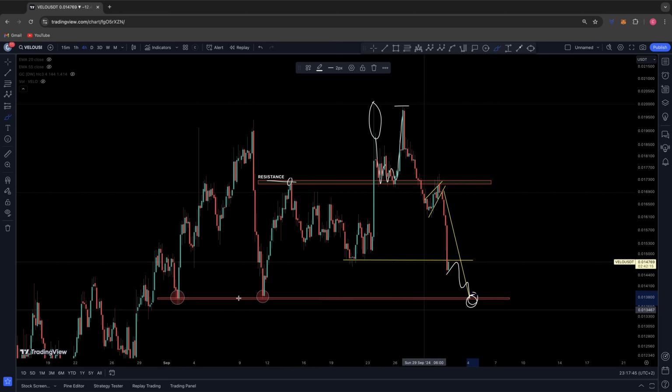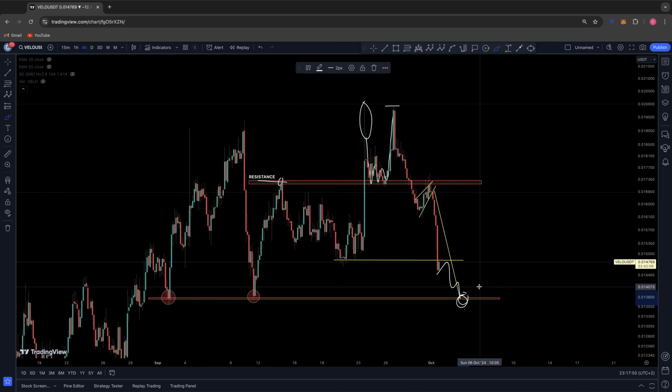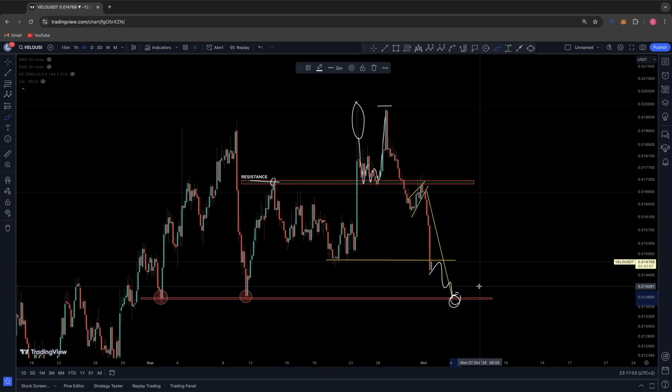Now I think we will see a strong level of relief at this point, and will that determine if the lows are in? I think we need to keep our eyes on Bitcoin at the same time, so I will do an update on Bitcoin tomorrow just to keep us all in the loop with that. But right now this is my aim and my target for VELO, coming back down to this 13.7/13.5